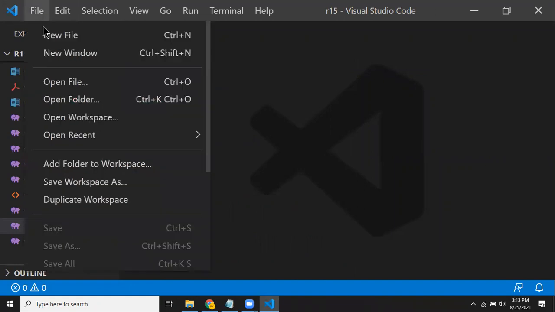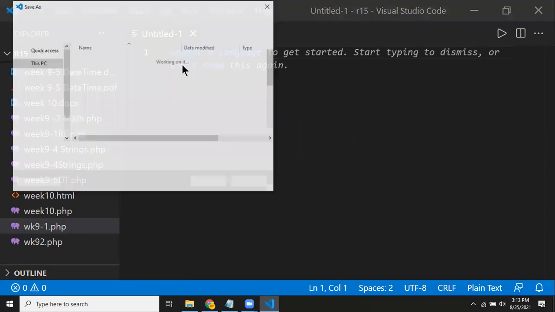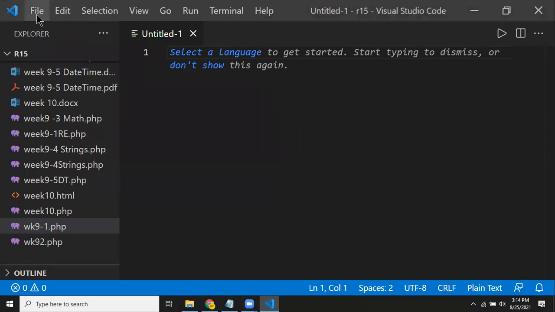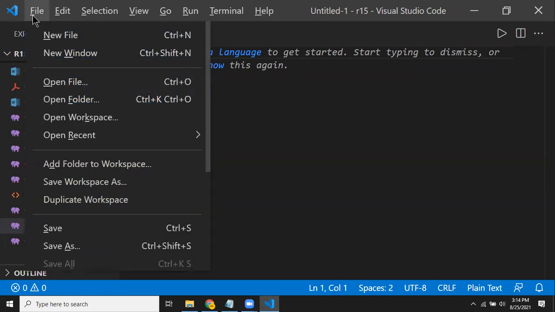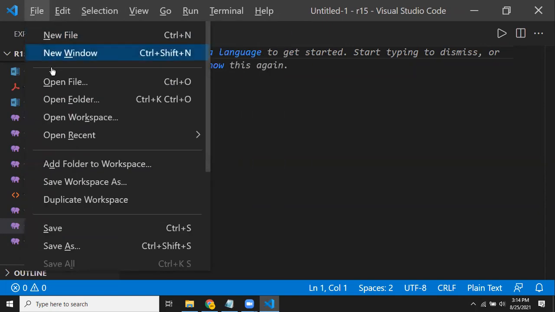I'll start a new file. I'll select new, then the file menu, and select save as. So how do I open my file menu? Here you see that this is your file menu. A simple method is to use Alt plus F, Alt plus the first letter, and it opens the file menu for me. I want to save it, so go to the file menu and select the option called save. Or you can press Control plus S so that it saves your file.